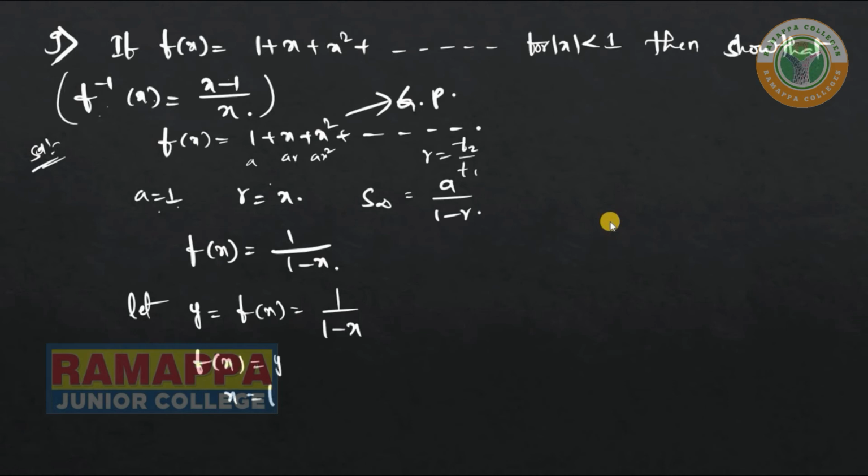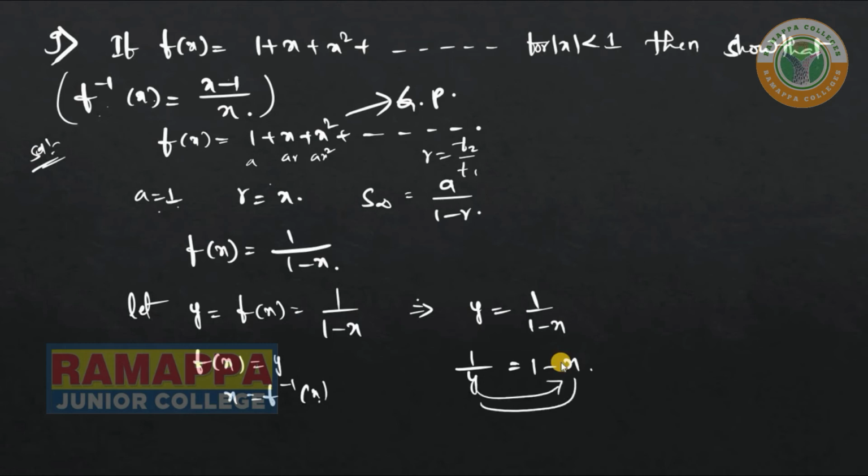So x is equal to f inverse of x here. So y is equal to this much, x is equal to this much came here, and now here we can write from this one y is equal to 1 by 1 minus x. So it will become, I am writing 1 by y is equal to, I am reversing the equation, 1 minus x will get, and this x I am bringing this side, and this I am this side. So it will become x is equal to 1 minus 1 by y. So x is equal to, this will become y minus 1 divided by y.